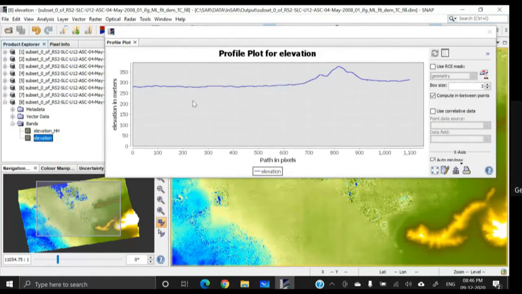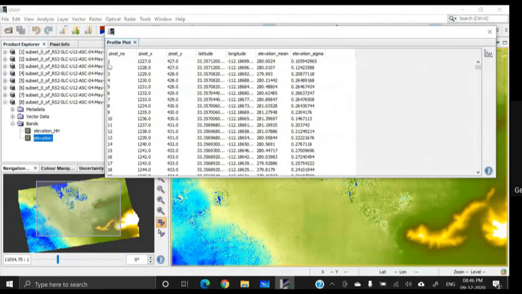Now see, these values can also be copied and exported. Here we have a tab button. This is the button for tabular data. So click over here, and now see for each and every pixel, the pixel number 1, 2, 3, 4. For each and every pixel, you will get the pixel coordinate x and y. You will also get the geographic coordinate, latitude and longitude, and also the elevation information. And this data can be exported to Excel, and you can do any task based on this. You can even create profiles in the Excel sheet.